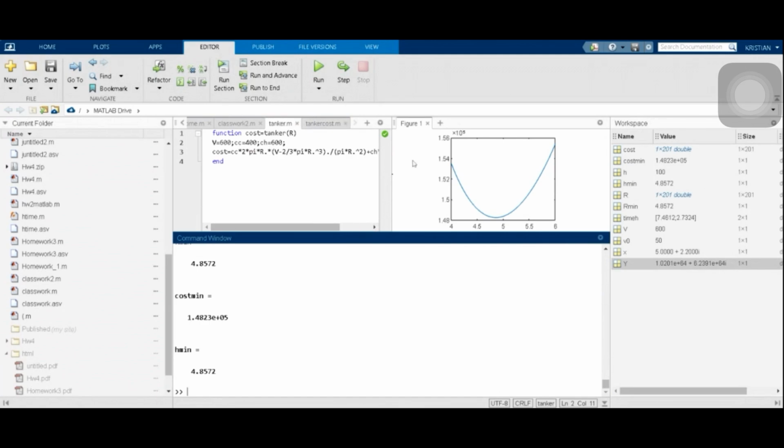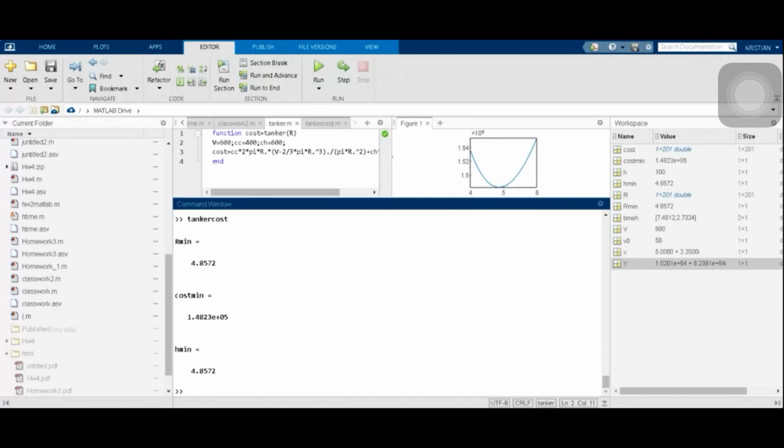Yes, those three values. Maybe raise it just a little bit to see that it's Armin for the first one. Raise the command window a little bit. Yes, that's it. Very good. So that way, at least they know that if they write it properly, they can change the numbers all they want. But for this case, Armin is that number, cost of pin is that number, which is 1.48